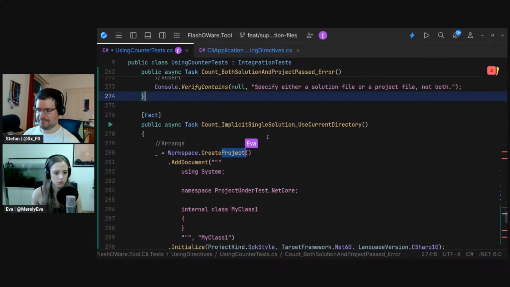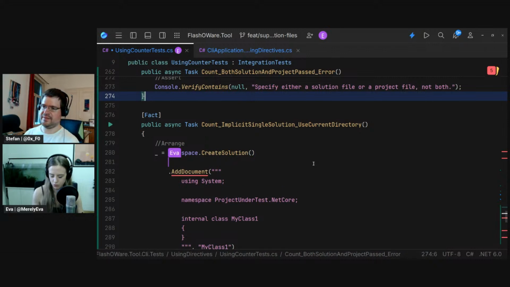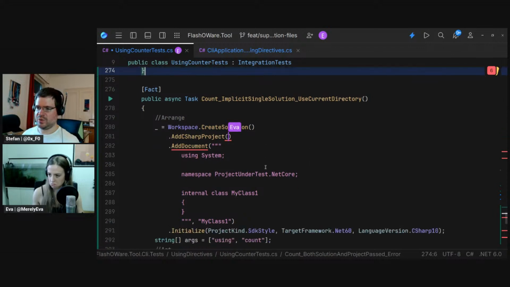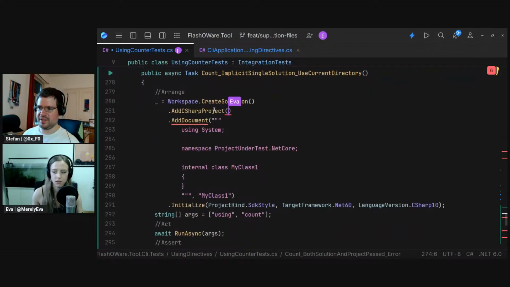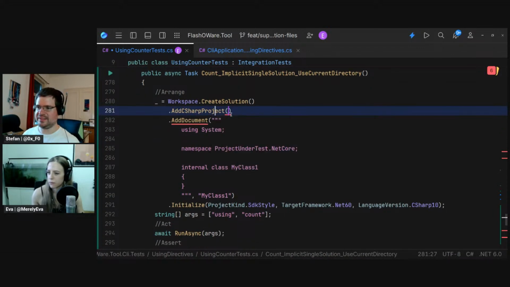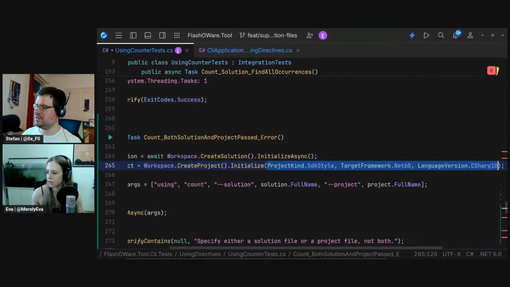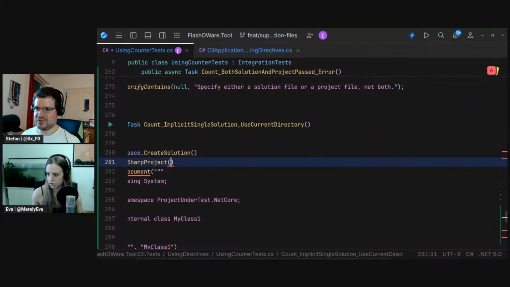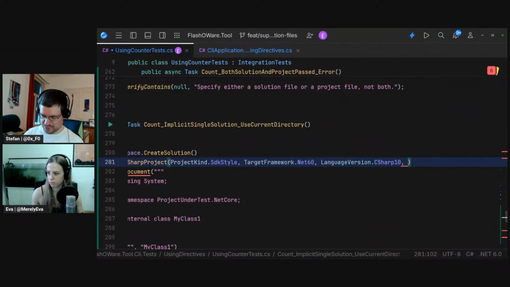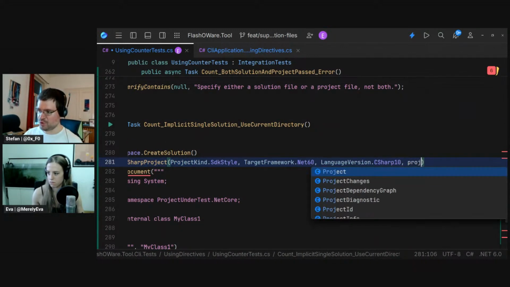Single solution, yeah. I'm going to also create a solution, but not add document, but add project, right? Yes, add project, since we need to go into the C# project. Now we need to pass those three things, our project style. Maybe we can consolidate this to avoid this duplication, and also get a hold because we have this callback. Well, let's go to project builder,